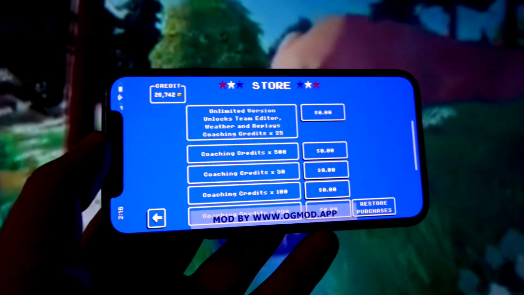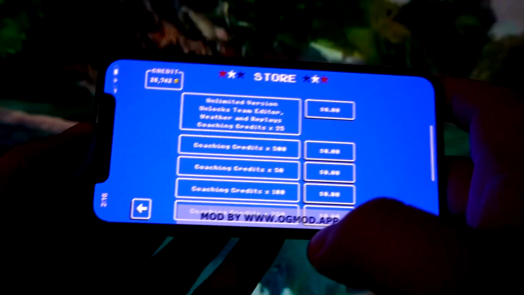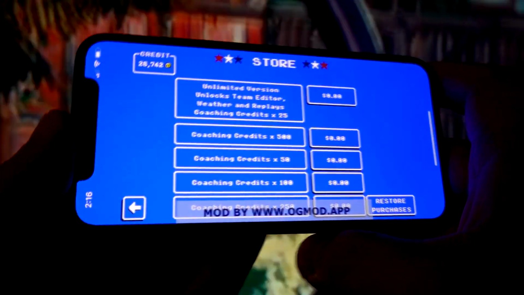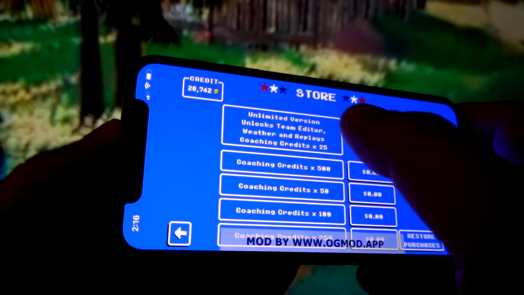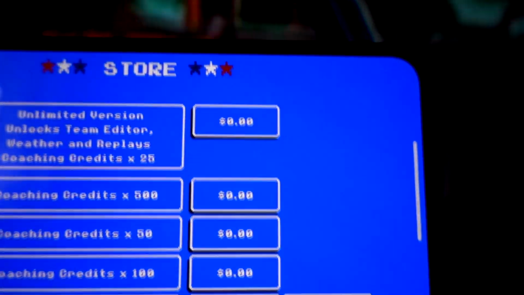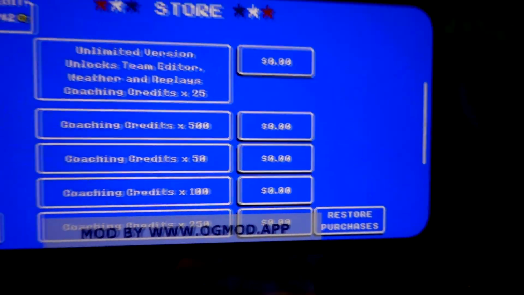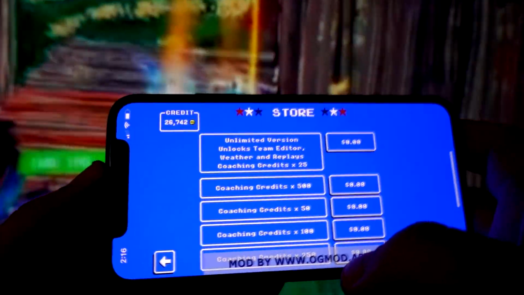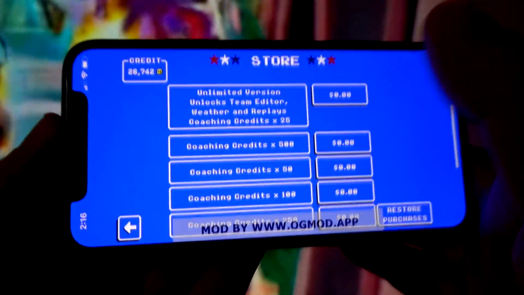So in this short video tutorial I will be showing you the Retro Ball mod APK in which you can get unlimited coaching credits for free. So we are now in the mod APK of the Retro Ball and in the store, and as you can see all the packs of the coaching credits are totally free in this mod, and this is the main difference between the normal version and the Retro Ball Plus, which I have right